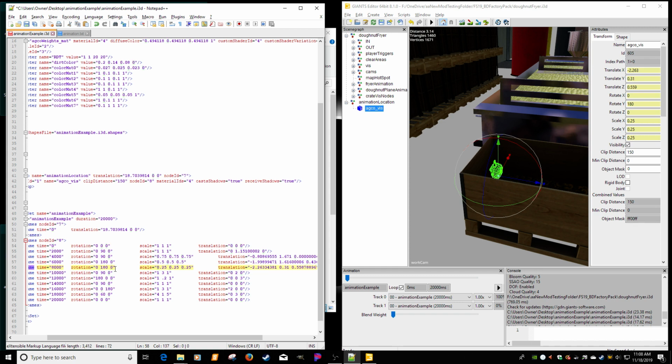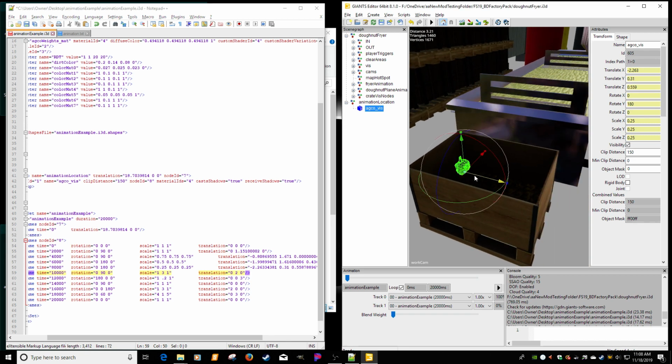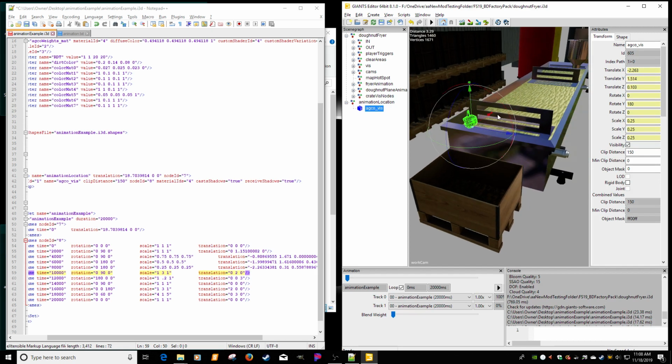Paste that in. Alright. Now, for 10,000, we go ahead and start moving this guy out of the box. We'll move it up to, say, there. And we're going to bring it back up to 1 right off the bat. 1, 1. Go ahead and spin it back to original state. So we're going to have rotate to 0, scale 1, and then translation